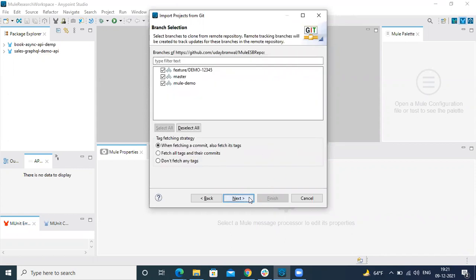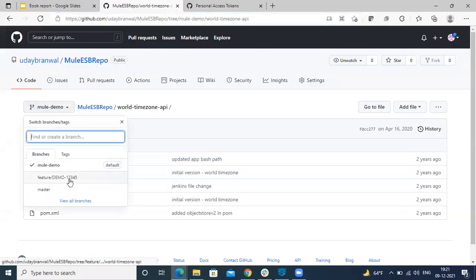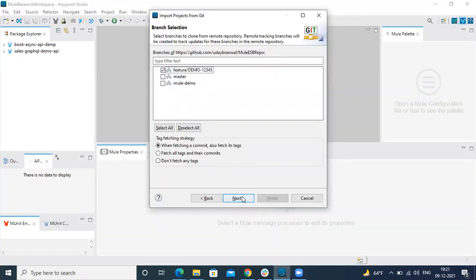After clicking on next, you see we got this feature and this. So I will just import this feature demo 1, 2, 3, 4, 5, which I have created earlier. You see here this demo. Click on next